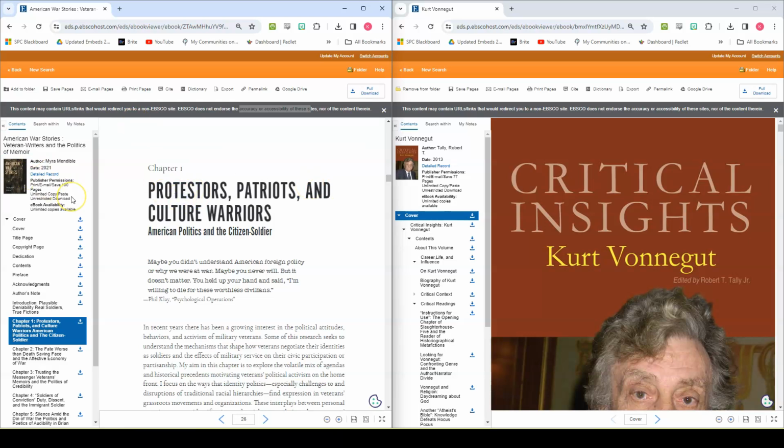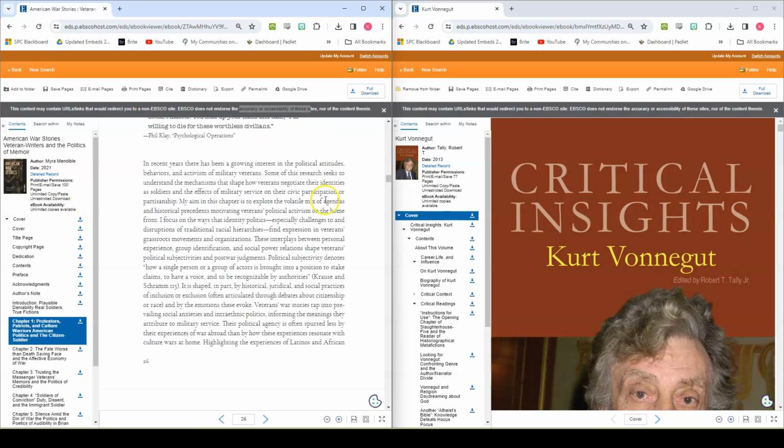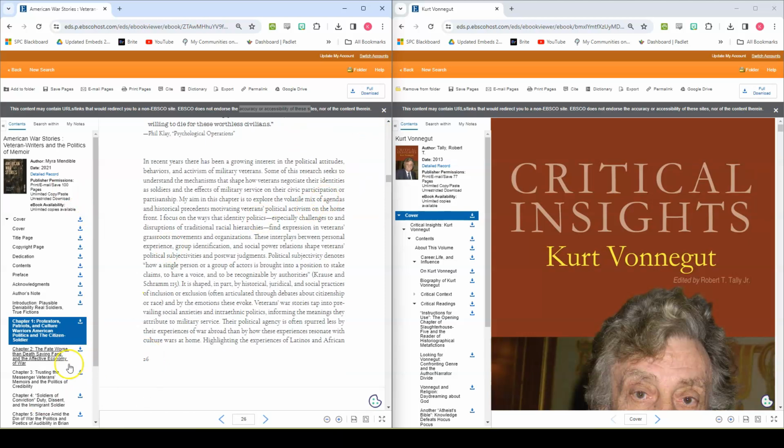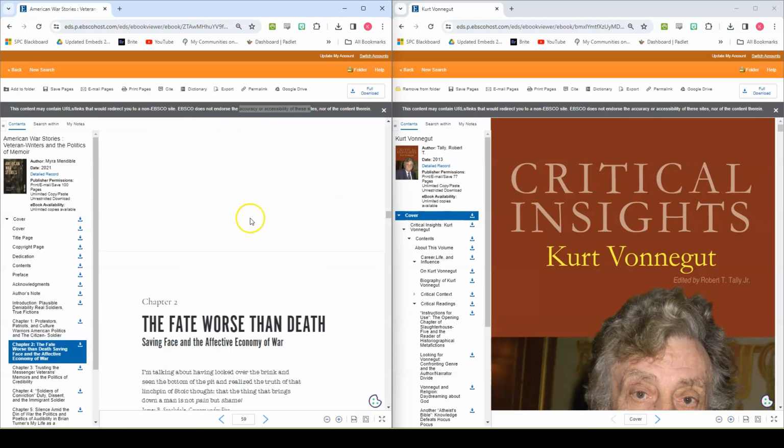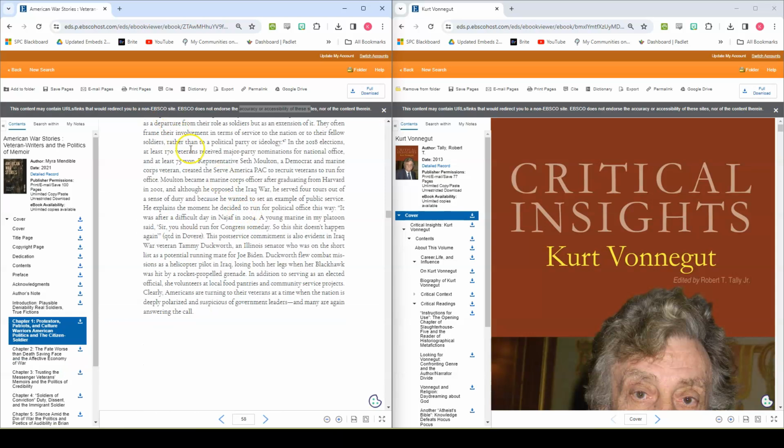Then I would include the publisher from that title page. I would include the date, and I would include the page numbers of the chapter that I am using. So in this case, that would be 26 to 58. And so that's how I would find the information for that. And then I would just cite it as a book chapter. Pretty straightforward. However, a book like this one on the right, you would actually need to include a completely additional part of that citation.